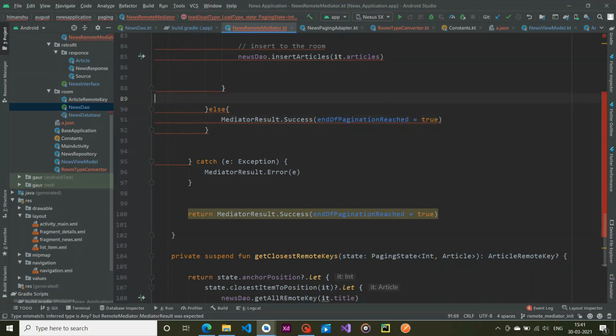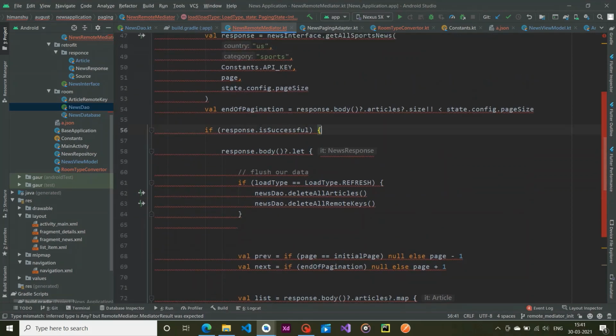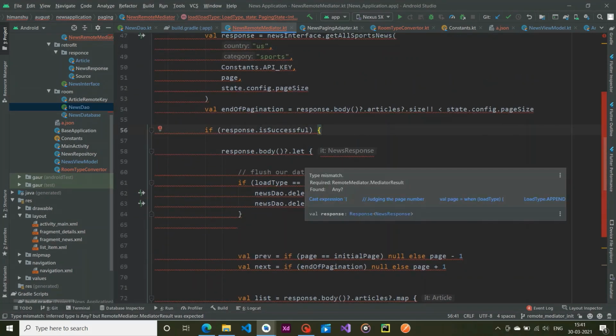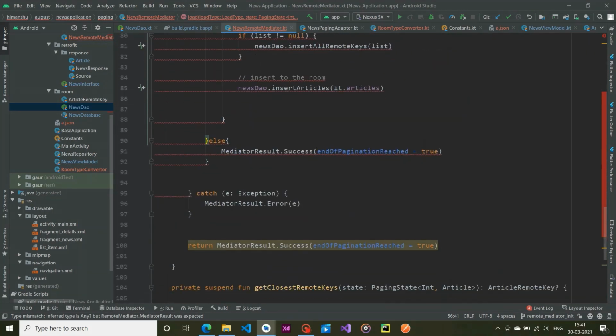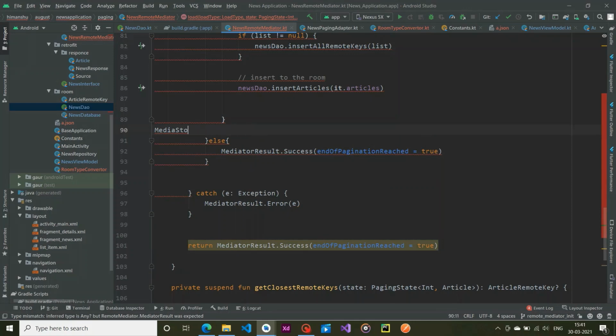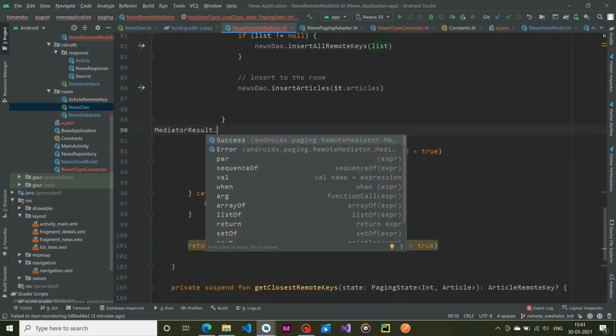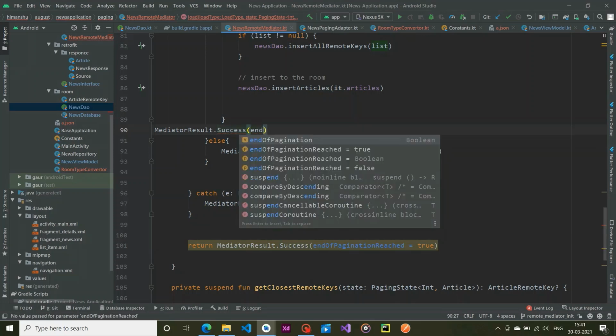Okay, and in our if block, which is response dot is successful, in here I'm going to return mediator result success and end of pagination.